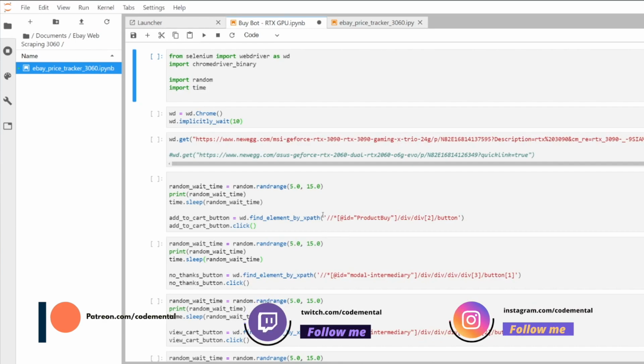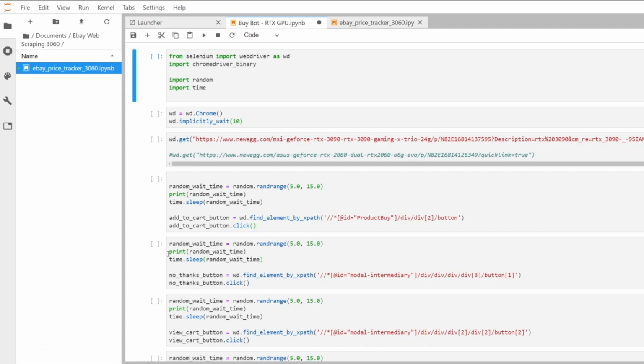Another commonly asked question is, how do I wait for an item to be in stock? Or the opposite question is, how do I check if the graphics card is out of stock? So I have a very simple solution for this, and it's the following. So I'm just going to show you how it looks when it's out of stock, which is very easy